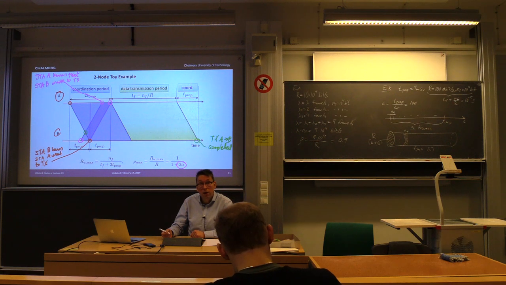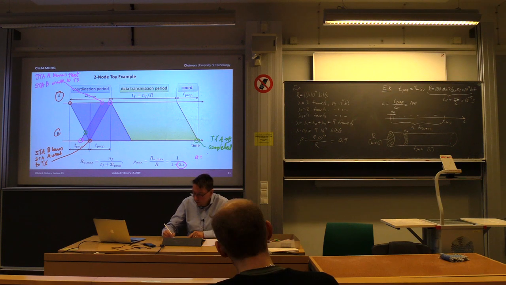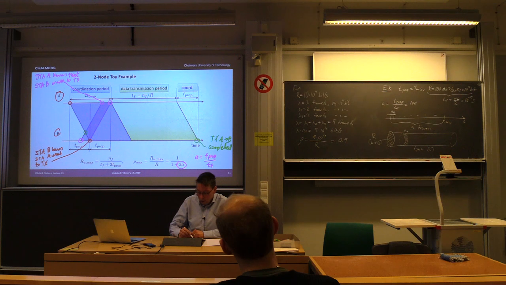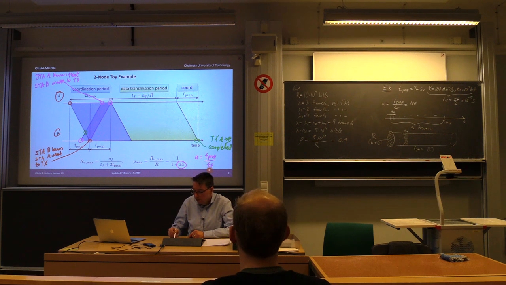And we see that the loss depends on A, and A is the T_prop divided by T_F. Okay. Meaning, if we have a large propagation time compared to the frame duration, then our rho max will decrease,